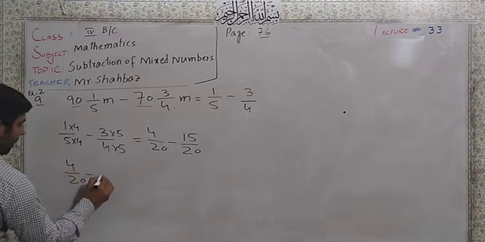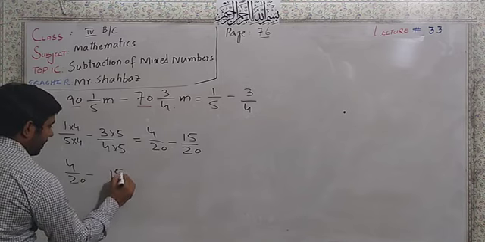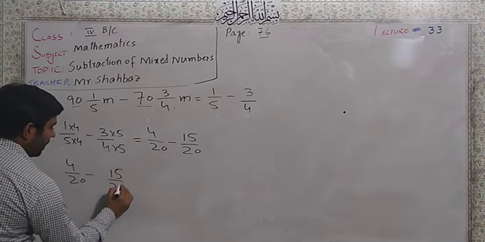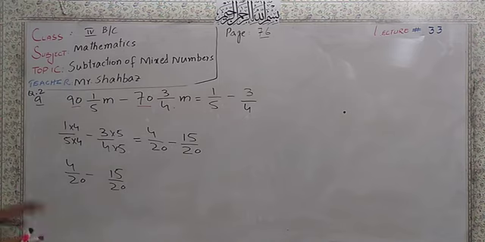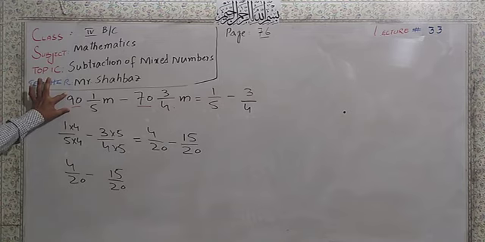4/20 minus 15/20. First of all, we will make this one greater. How will we make it greater? We will take 1 from here. This is 90. We can write 90 as 89